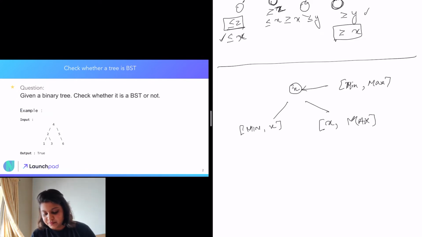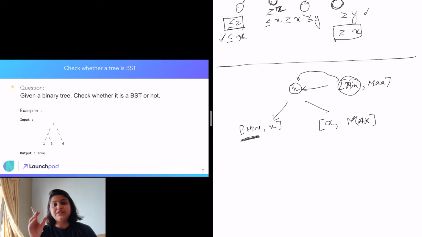max. So basically what we can figure out from this is that in the left subtree, the minimum of the parent also has to be the minimum of the left subtree, but the maximum gets changed. Why? Because now the maximum has to be x, or basically less than or equal to x.